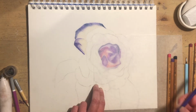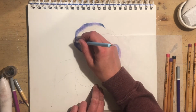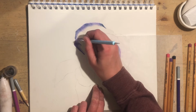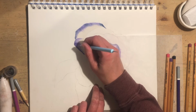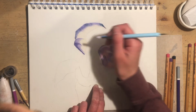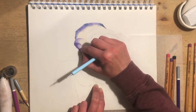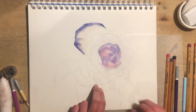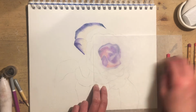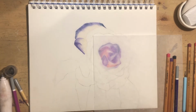That's looking a little bit better, but honestly, I think that's a tough thing to represent here. Doing the best I can, though. What I think I'm going to do is go to my new pastel stash,